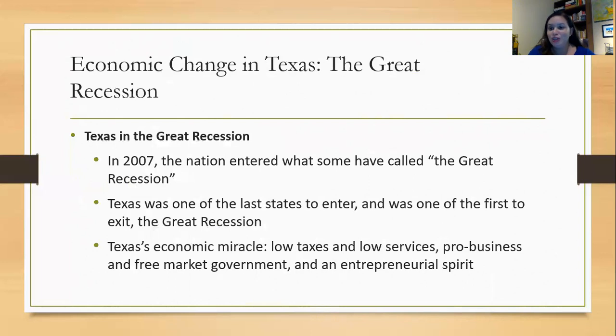This is really dangerous, because what happens when banks run out of money and can't lend anymore, they're going to expect some of those payments back. And of course, not everybody could pay for their second or third home or even their first home. That's what led to the housing bubble bursting. It's a lot more complicated, but you can always watch the movie The Big Short, and that explains it really well in fun economic terms. But it's important to think about when you're thinking about the Texas economy.